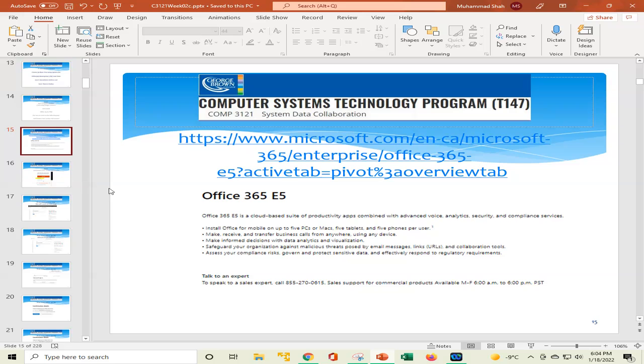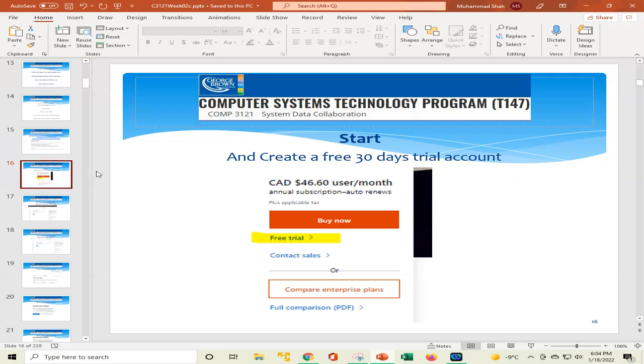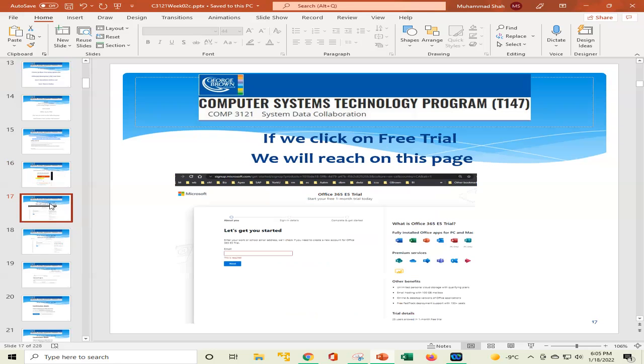In this one, we can act as an administrator, but in George Brown, we are users. So for sure we will not have some rights and functionality in the George Brown Office 365 account. So we are creating our own Office 365 account. We created that in our last class,